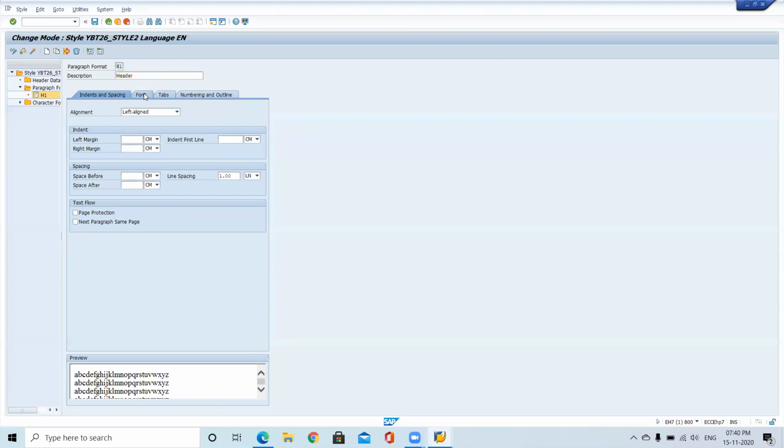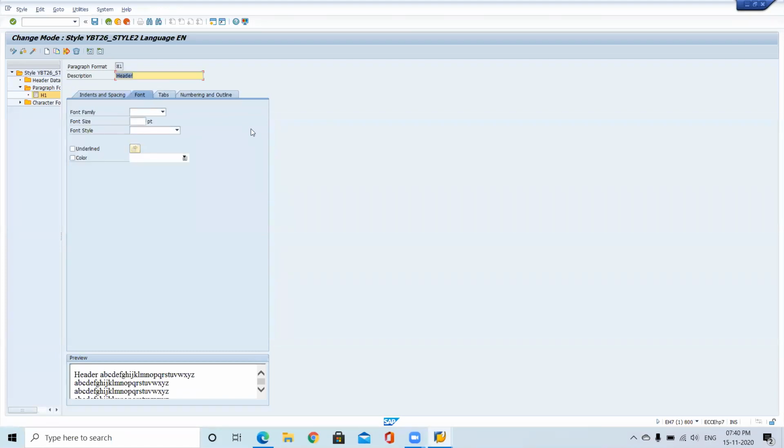Here you can give the font. Normally in A4 size paper, in a Word document, you will get an option of what fonts are available. In the same way in SAP also, different fonts are available. You can select your required font. So here I just selected Helve. This is for a heading. I just gave 18 as the font size.